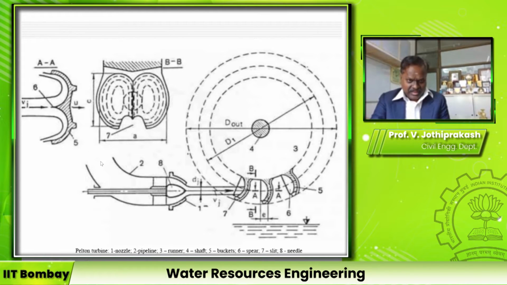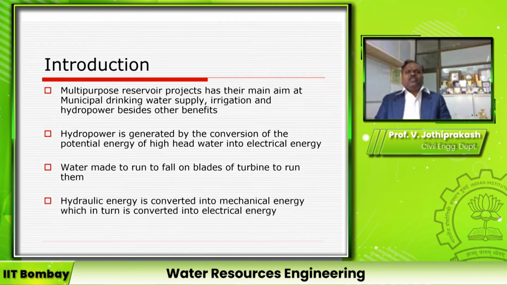But altogether, when the velocity is very high and water is drawn from the dam, there will be a fluctuation, and to increase the velocity, a special arrangement is made called a jet. This jet discharge and velocity is kept constant by a small instrument called a governor. The governor is located at the end of the penstock to provide constant discharge and constant velocity impinging on the turbine blades. Right? So this is about various components.